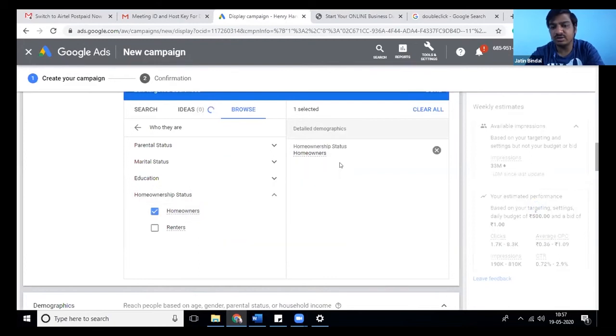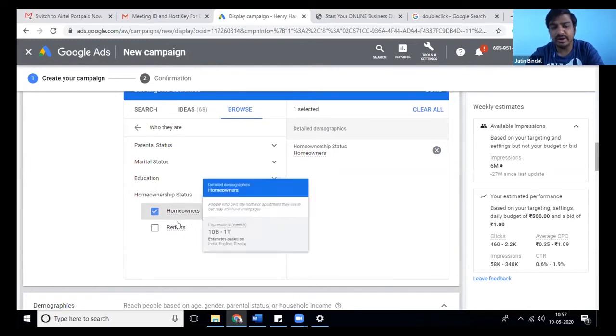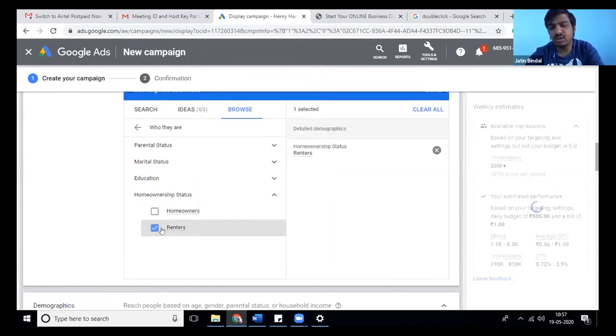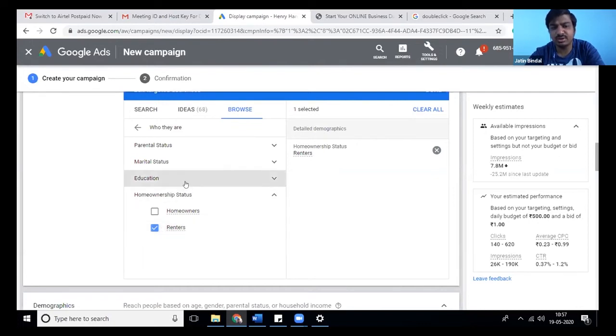So it defines in 33 million audience, you will see a drop of 6 million. So these people will be looking for home loans, or maybe people who are on rent. They may be looking for a home because they are buying a new home. So your audience size reduces. This is primarily.